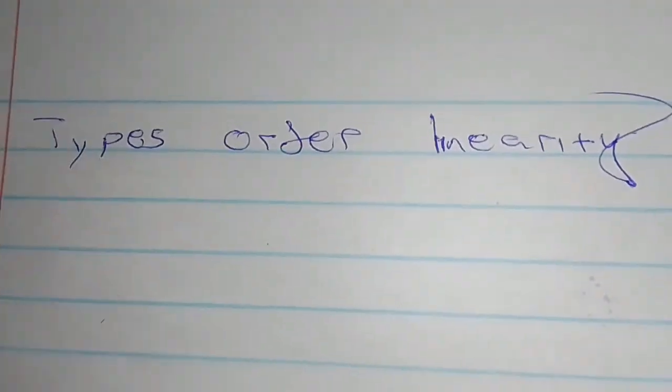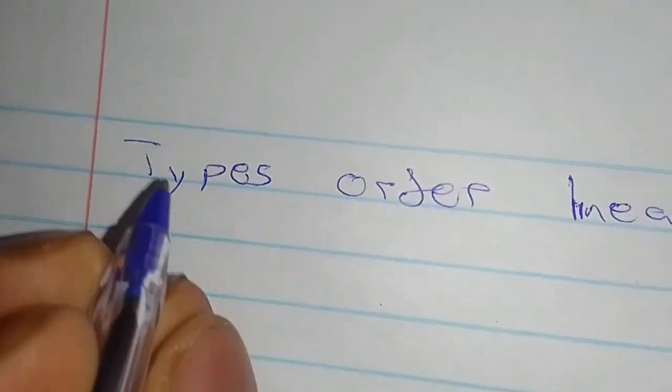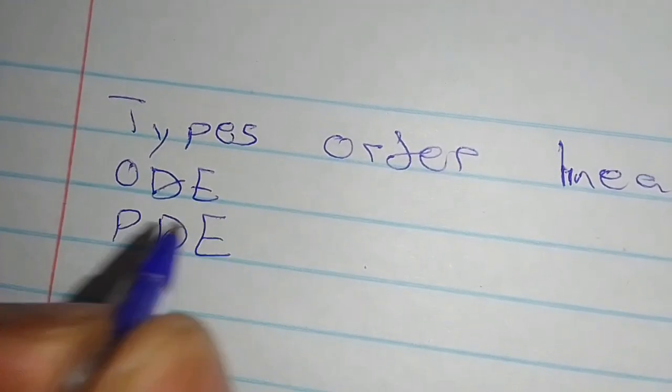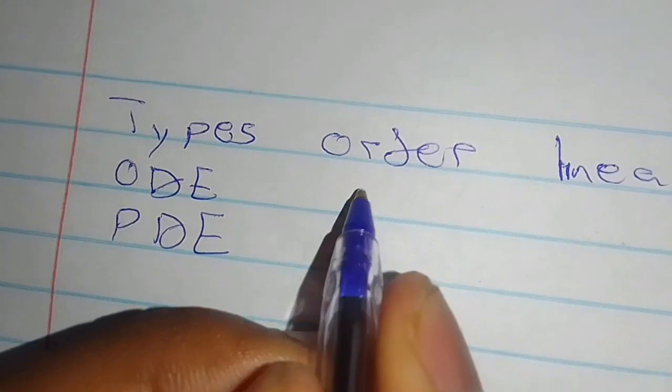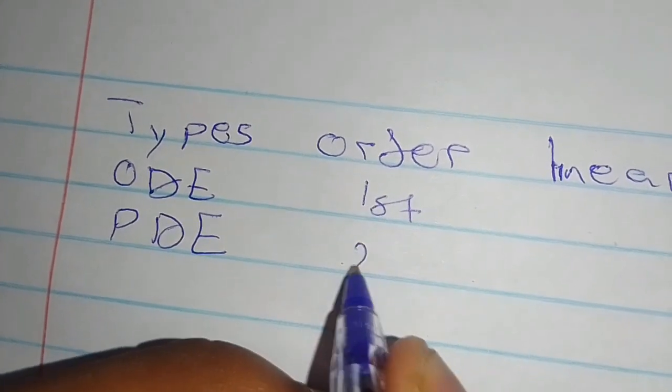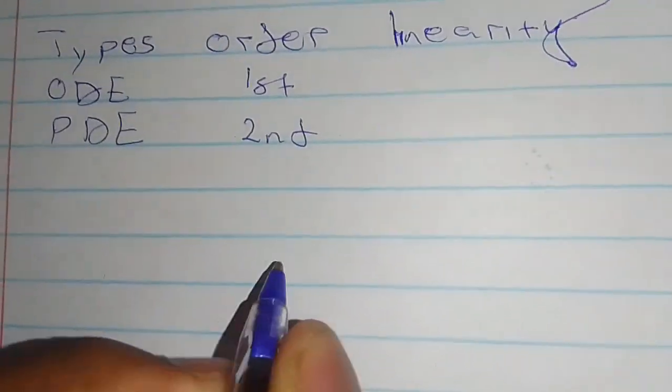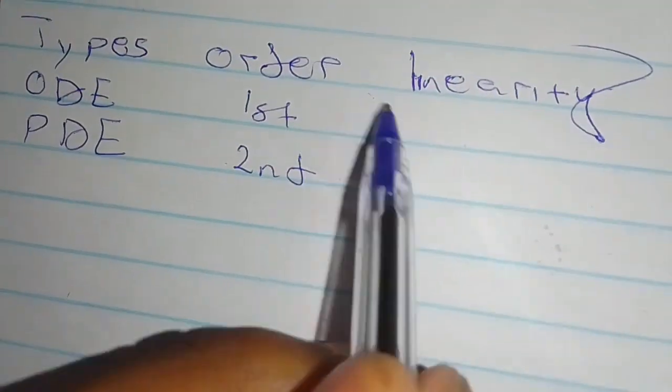For the types, we technically have ordinary differential equations, and we also have partial differential equations. That's two ways you can classify them. And for the order, you have the first order, the second order, and stuff like that. And for the linearity, it's if you can express your differential equation in, let's say maybe it's first order and